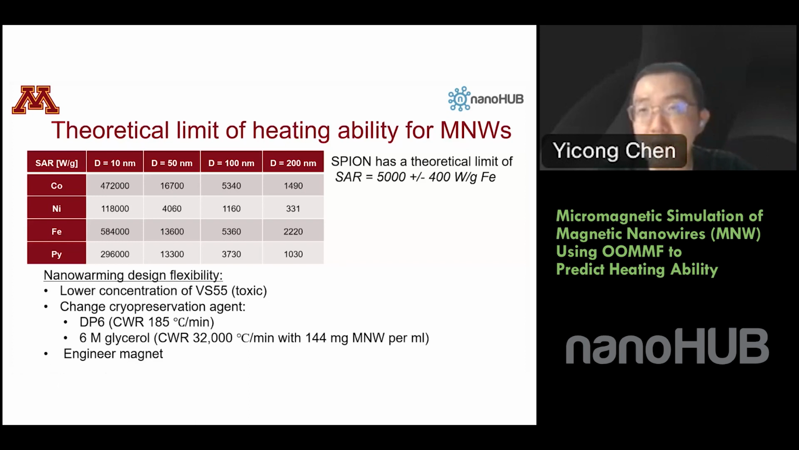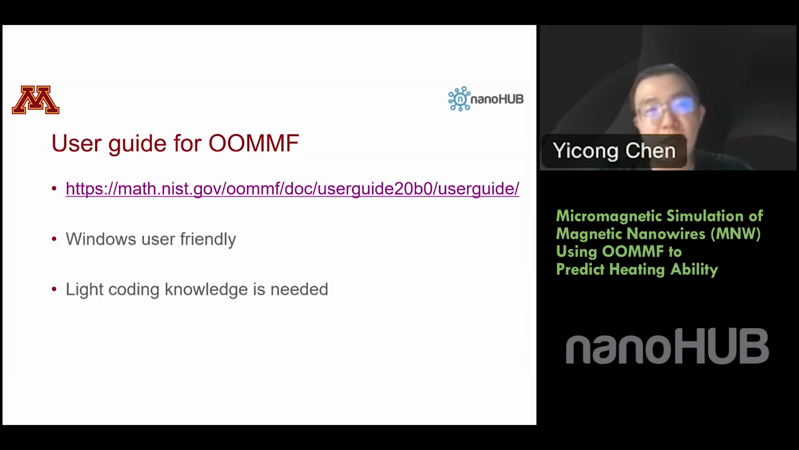Yes, why glycerol? There are a lot of choices of different cryopreservation agents, and glycerol is just one of those. I believe glycerol is less toxic than VS55, and that makes it sometimes come out as a good cryopreservation agent. All right. So the next part would be, since it was well to run the micromagnetic simulation,